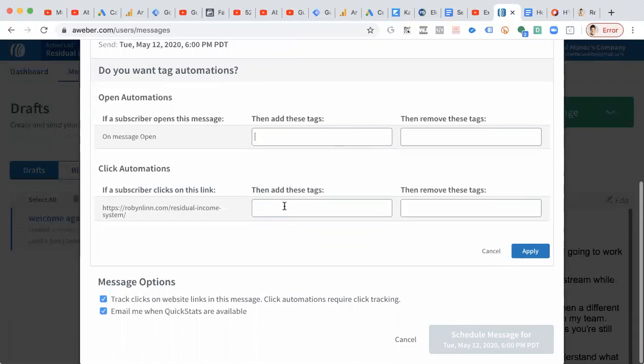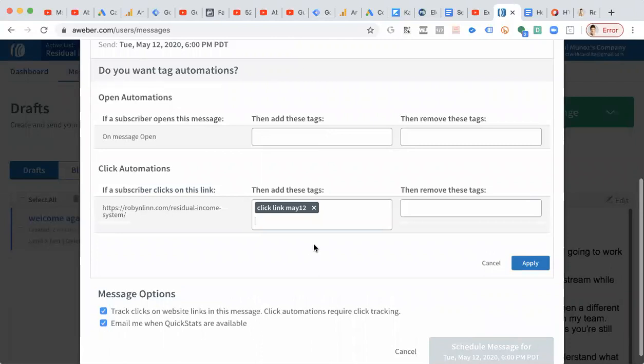If they click on the link in there, I could say click link May 12th to know exactly that they clicked this link, and I obviously know which link it was because it was the only one in my email. So that would apply. They would get a tag,